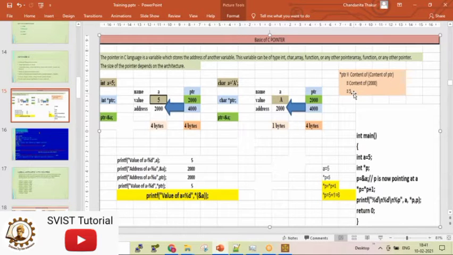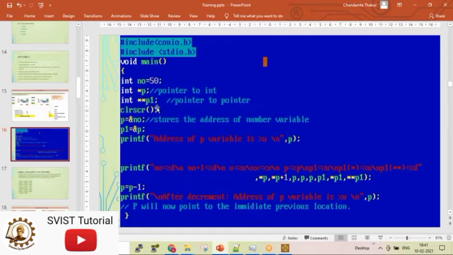So you should just remember and write it in your memory that if you have a pointer holding the address of one variable inside it, then writing star and the pointer name means you are actually accessing the variable whose address you have stored inside the pointer variable. Okay, I'll go for double pointer.